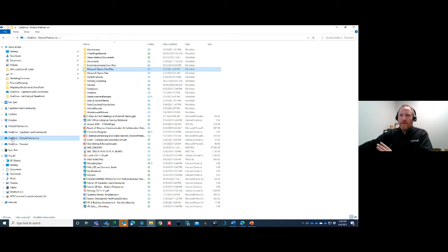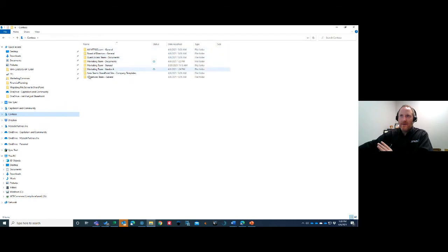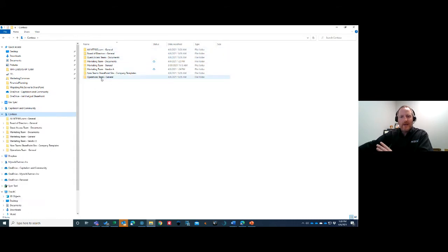The reason why the SharePoint syncing exists, as we illustrated here with Contoso, is that using your SharePoint sites is where you're going to want to consolidate that data. As a global admin, or as the IT admins, if you needed to dig in to recover, restore, or use for HR reasons information that's in the OneDrive company name, you would have access to that. It's company data. It's not your private data. If it's in your My Documents, that is still company data. So you do have access to it, but if you're trying to consolidate it,